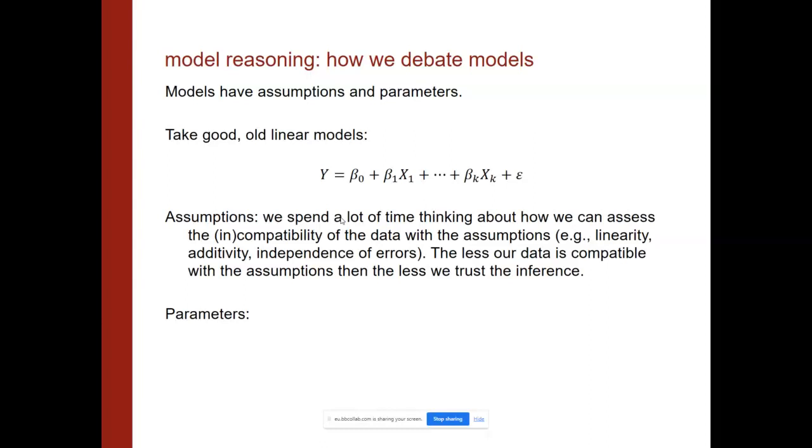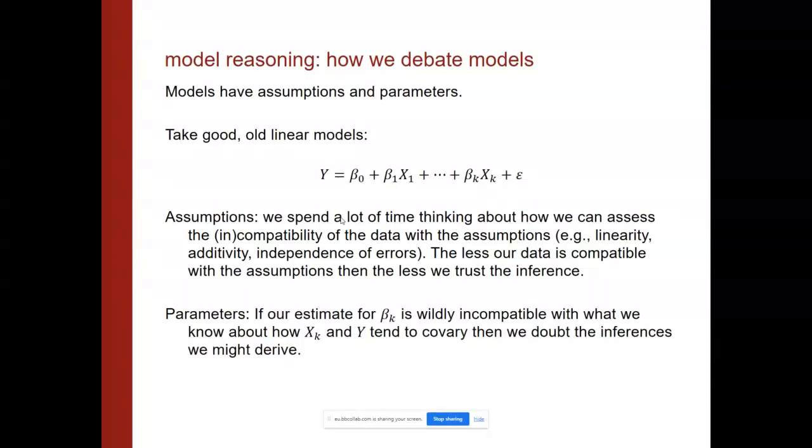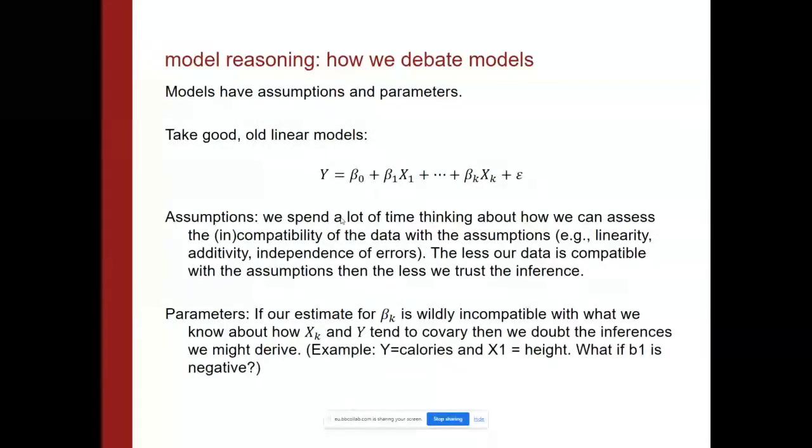And then you can do that same kind of thing with parameters, but it has a slightly different role. The reason we teach our students a lot about parameters is basically those beta coefficients oftentimes. So let me give you a quick example. Let's say we're predicting the amount of calories someone will eat, and x1 in our linear model is someone's height. If I tell you that beta 1 is negative, if I tell you that taller people tend to eat fewer calories than people who are shorter, that's surprising.